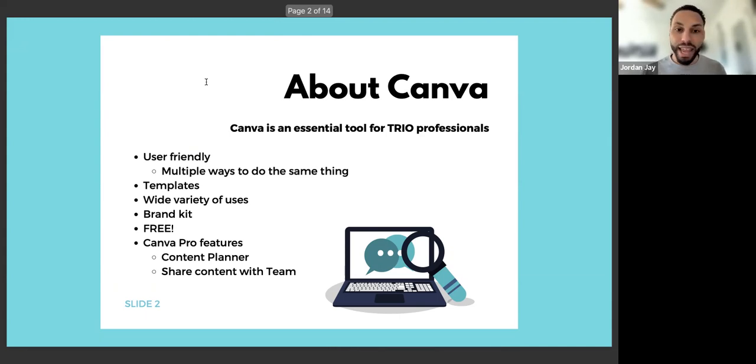I haven't submitted any myself, but I know pretty much anyone can submit templates for others to access. So it's a growing library and a great trait of the application. We'll also be digging into the wide variety of uses that it has. It really amazes me how many things you can do with the Canva application.